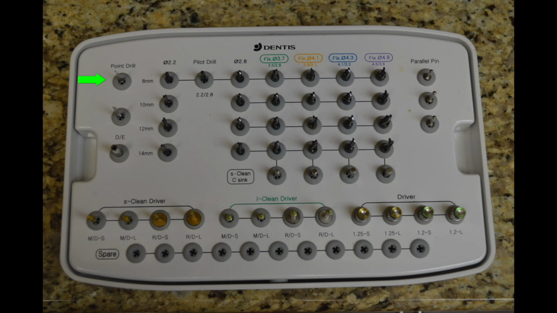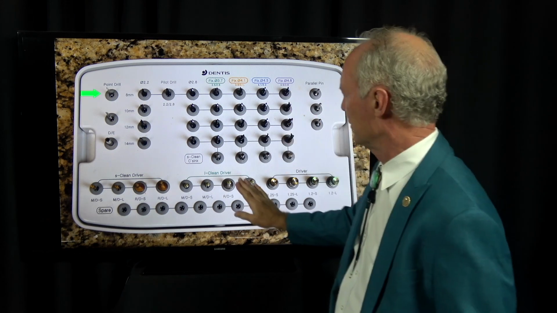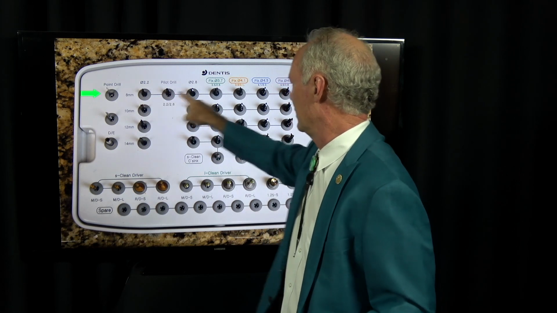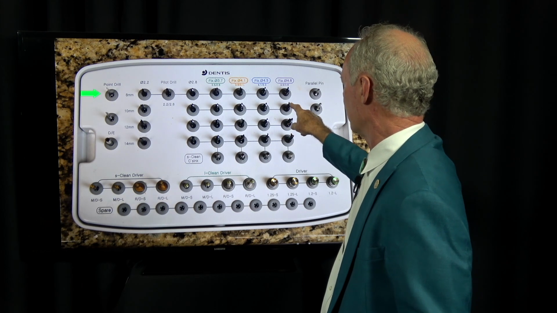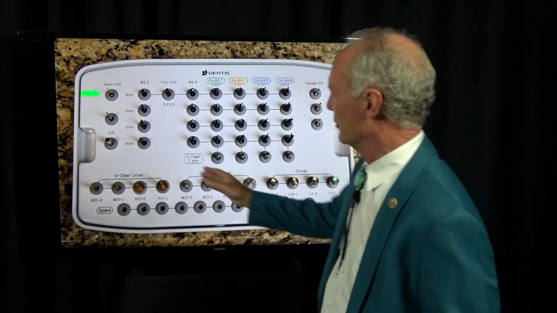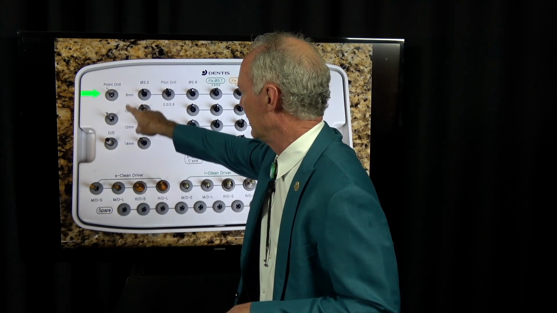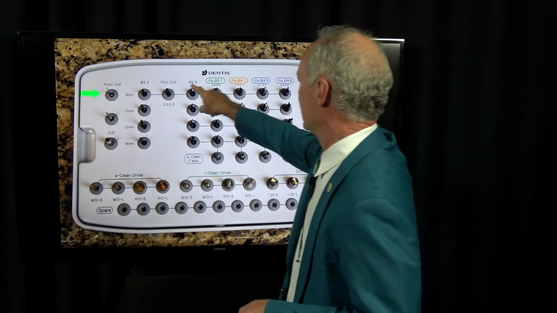So this is the dentist system, and every one of these drills has a shoulder on it. So you can see this is an 8 millimeter long drill all the way across, a 10 millimeter long drill all the way across from tip of drill to shoulder, 12 and 14. You'll start with the pilot drill with the endo stop on it at a safe depth. This is going to be the depth, the maximum depth of the implant,